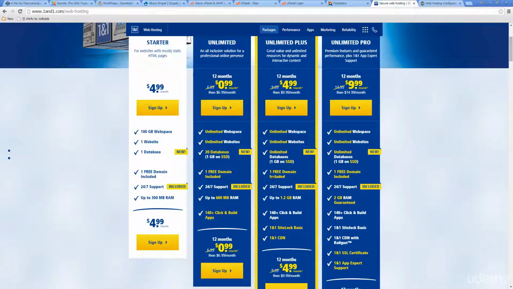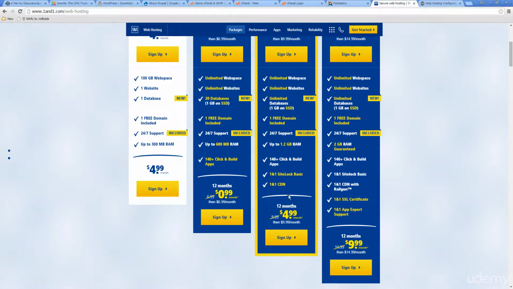And you can also upgrade even further, where you can add in additional RAM, and you've got the ability to do a site lock, as well as a 1&1 CDN. And CDNs are code paths that can speed up load times. So these are shared code libraries. So if you're using jQuery or Bootstrap, you can use a CDN,